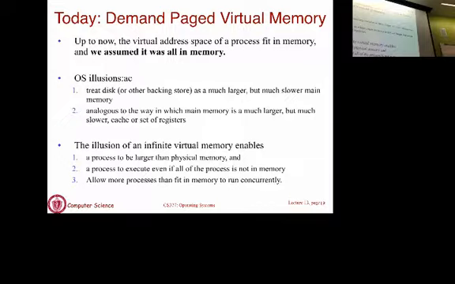So because of the 90-10 rule, demand paging lets us assume that we can have bigger processes and lots of processes. Basically, the illusion of an infinite amount of RAM. You can start as many processes as you want, and processes can be as large as you want. There is a limit, but for most practical purposes, you don't hit it. Processes can be larger than RAM, you can execute a process even if not all of it is in RAM, and the more processes you can fit in. I'm not going to show you details of the scheme, but all I'm going to show you is